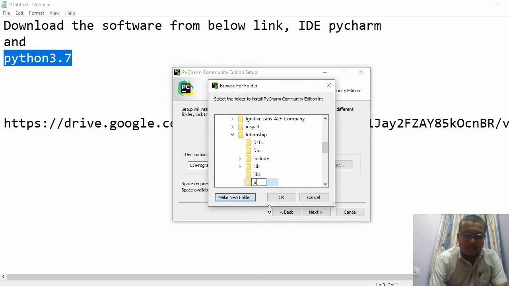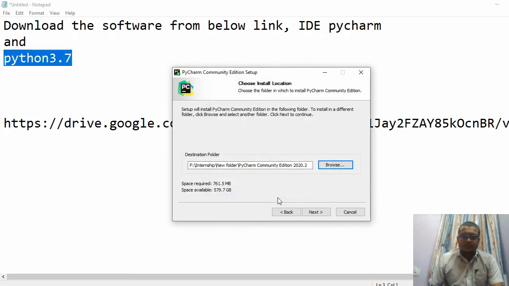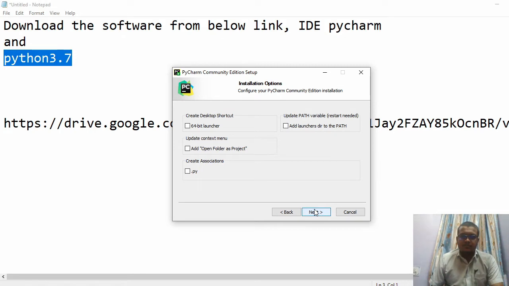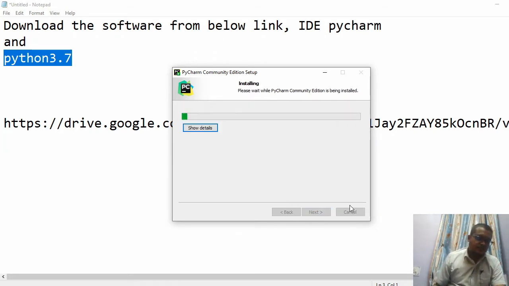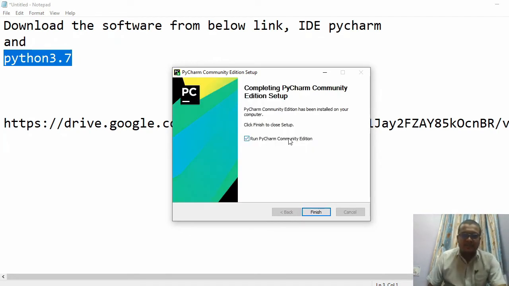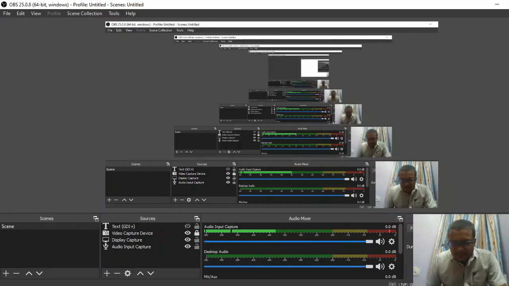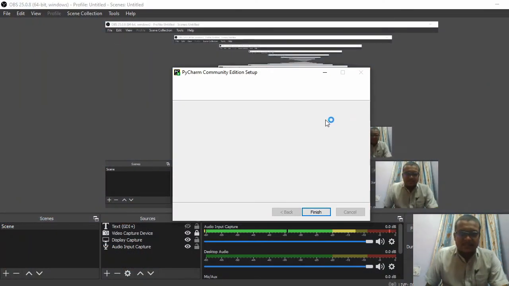You can create another folder called Python install. This is the 64-bit launcher, and you can press next. Then select Run PyCharm Community Edition and press finish.